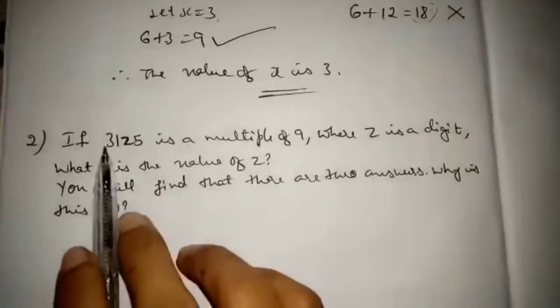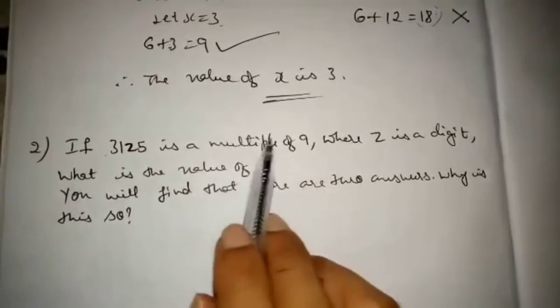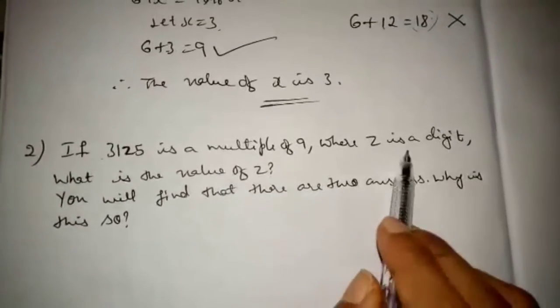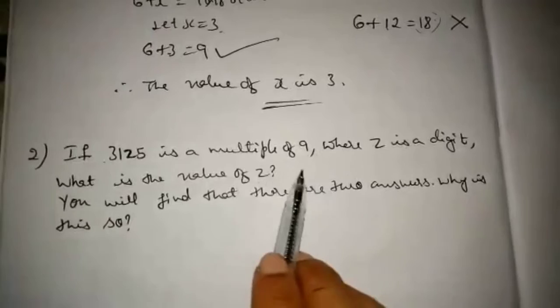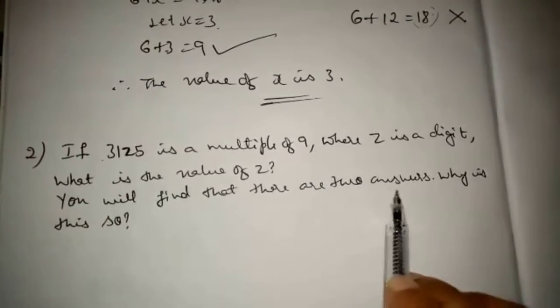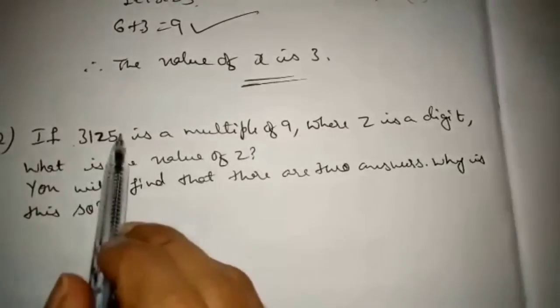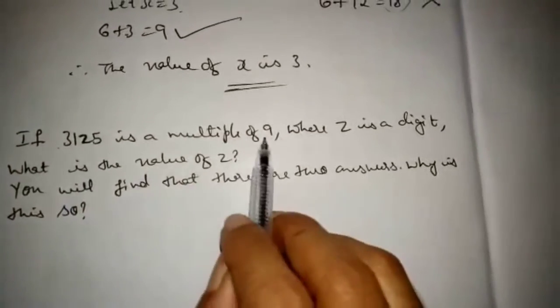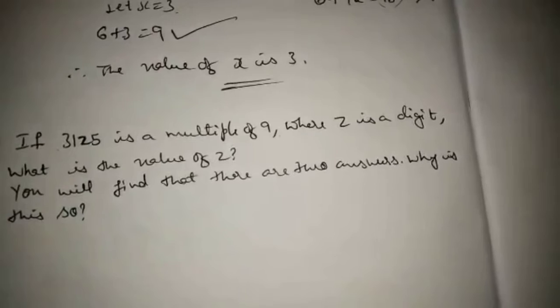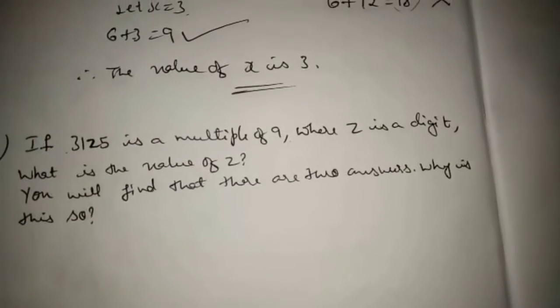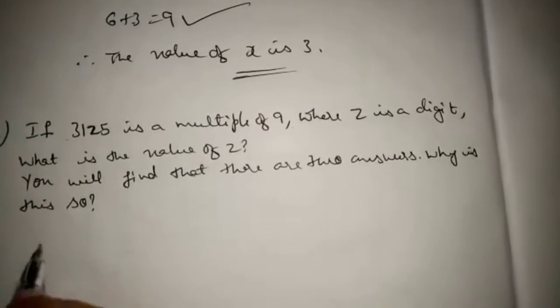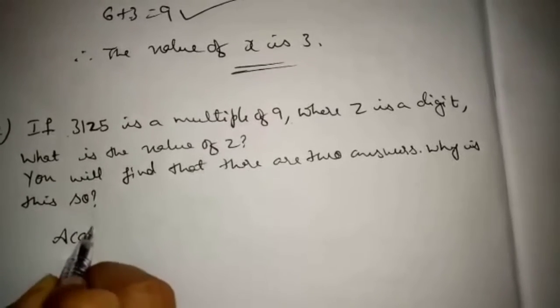Next question, if 31z5 is a multiple of 9, where z is a digit, what is the value of z? You will find that there are 2 answers. Why is this so? The number 31z5 is a multiple of 9, so you have to find the value of z. So what does the divisibility test say,